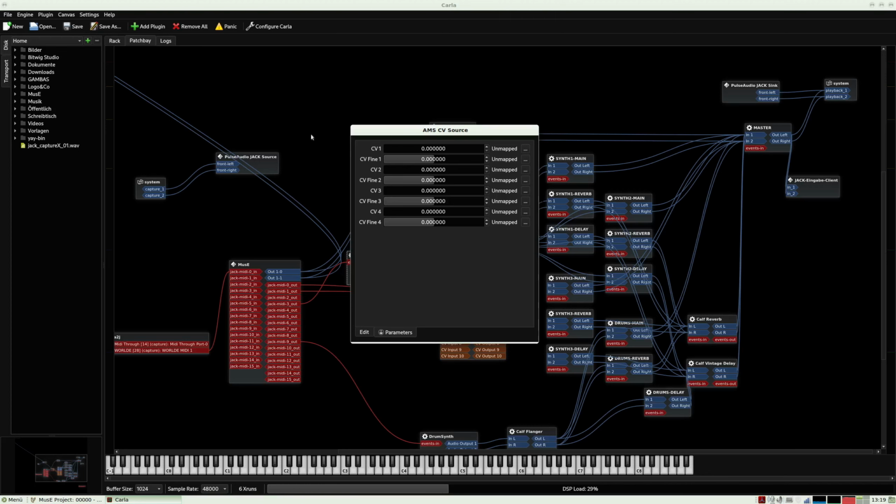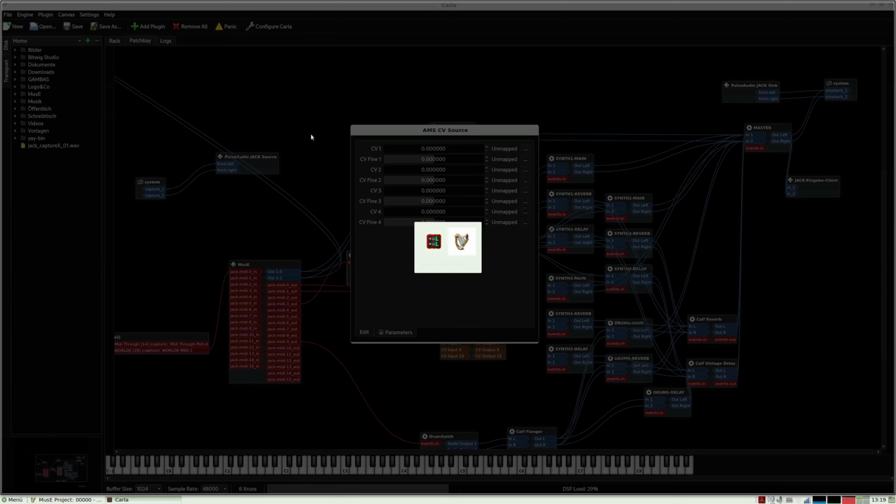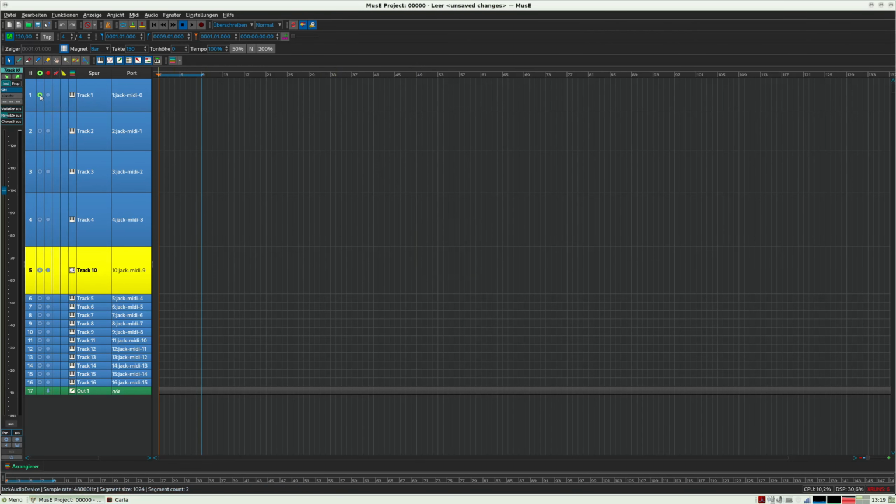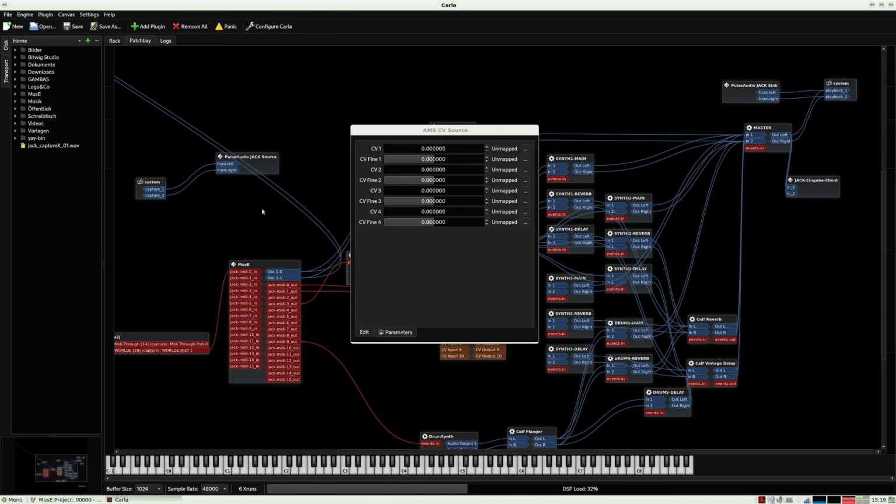Before doing so, I need to go into Muse and tell Muse to use the channel with the output 3, which is this one. And now I go back here, press these 3 little dots and go to MIDI Learn.